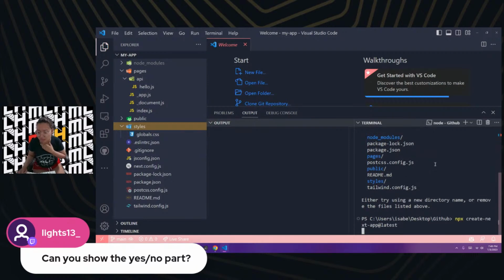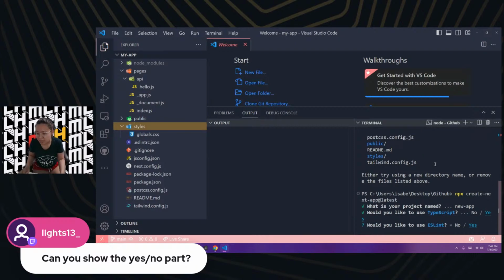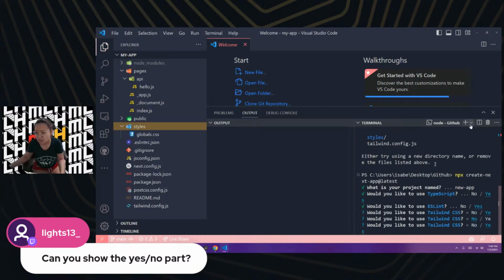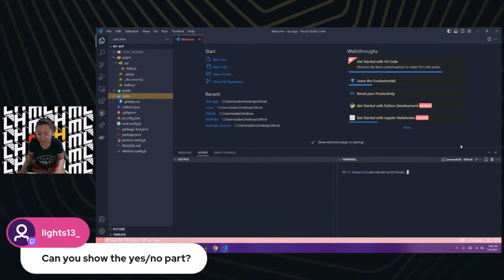Oops. So let's say new app. So TypeScript. Do you guys want to use TypeScript? We'll learn together. Okay, I'll say yes. Would you like to use ESLint? Yes. Would you like to use Tailwind? Okay, wait. Let's do this right, friends.